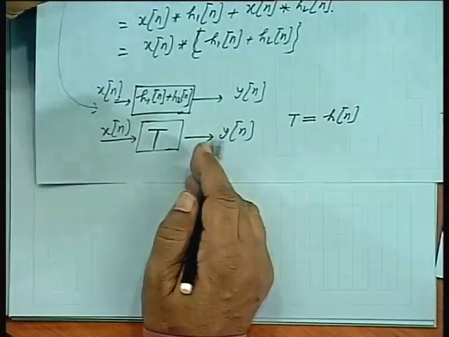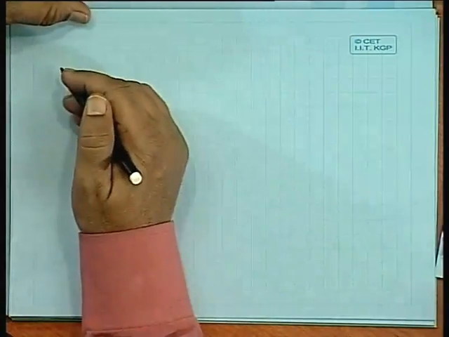So, sometimes called a general transform of the system or a filter. Sinusoidal sequence,